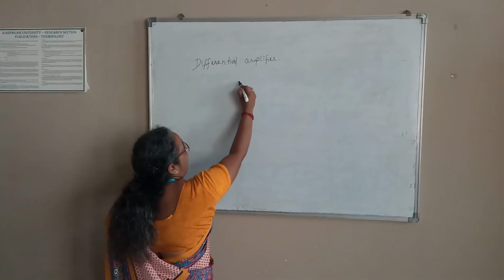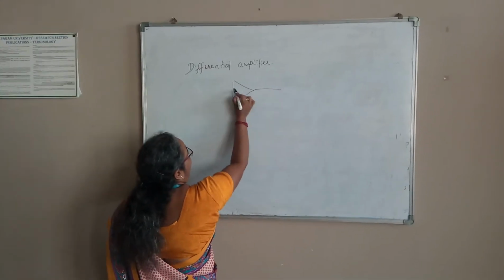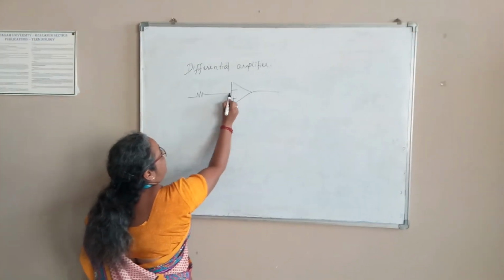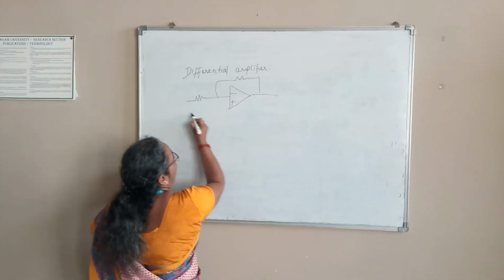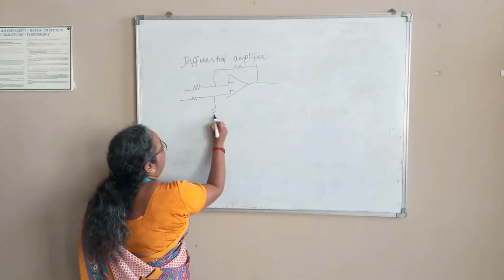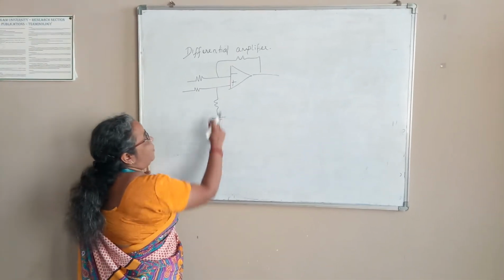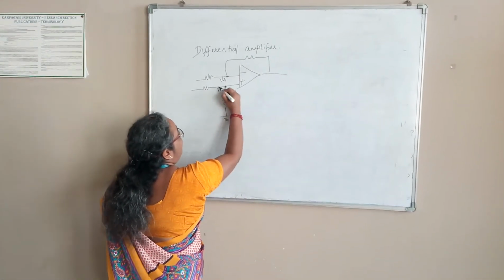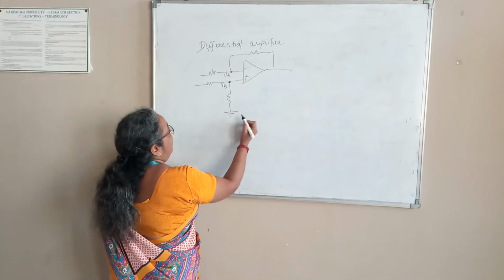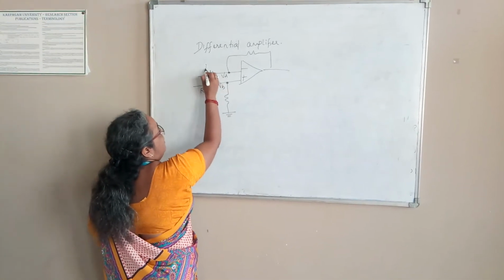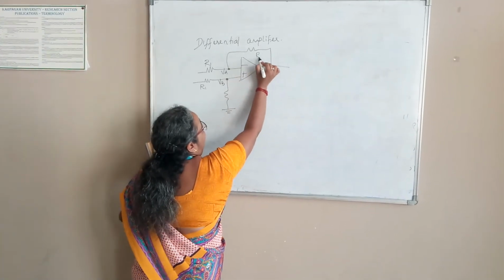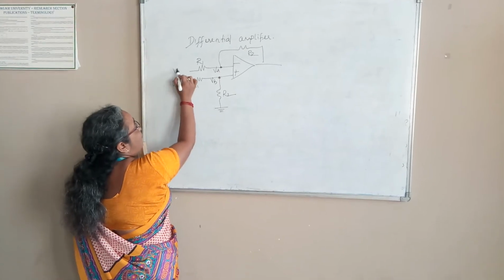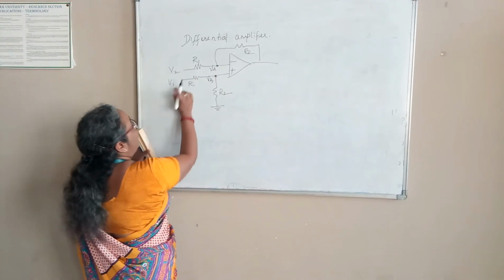So for the differential amplifier, my circuit is: I have two terminals. I will be applying inputs to both the terminals. So here I have a resistor. Again, there is a resistor in the feedback. Similarly, a resistor here, and again a resistor. From the node VA I get a resistor which goes to the feedback, and from VB I connect a resistor which goes to the ground. The input resistance I take as R1 in both cases, and the resistance in the feedback I take as R2. And this will be V1, V2. So my two input voltages are V1 and V2.